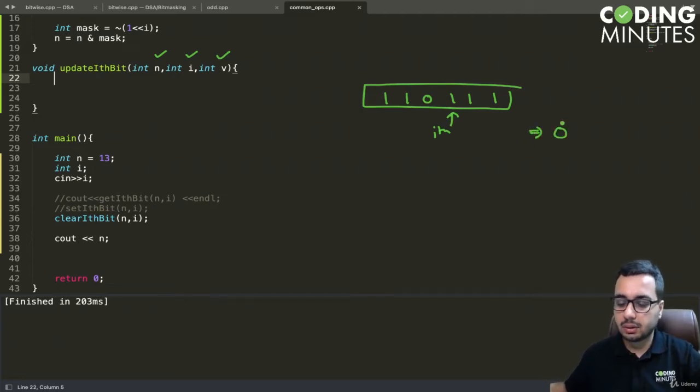So what I need to do is put this as a 0. Or it may happen that this is the ith index and I want to put this index as 1. So we need to write a code such that it handles both the cases. So one way of doing this is